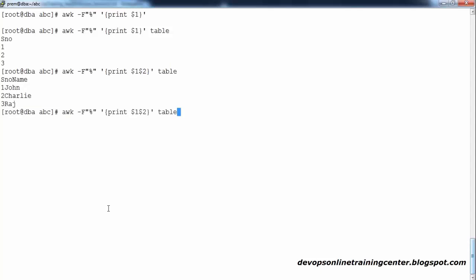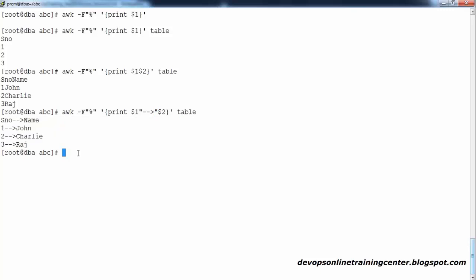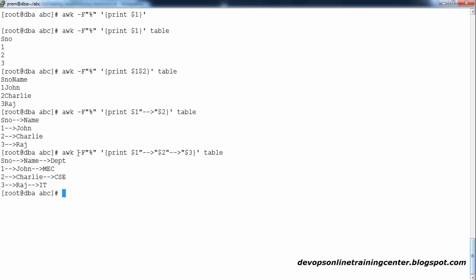The specialty of this command is you can put whatever you want in between these two columns, and that can be inserted here. You can format the data whichever way you want. You can insert things here. Now I want to put the third column even, like this, $3. So this will format your output data. This is the main purpose of it. Sometimes you may want to format the file and give a certain type of output.